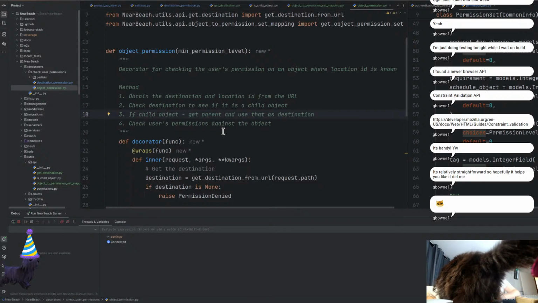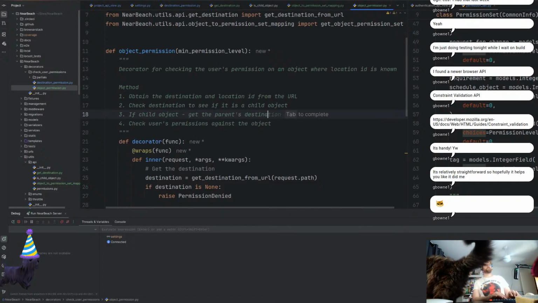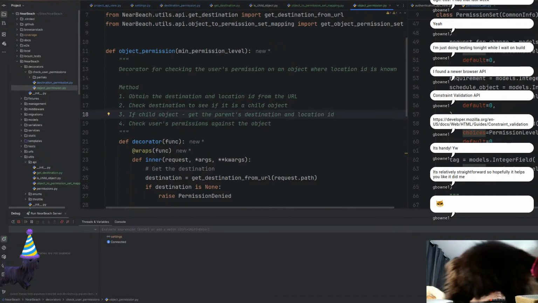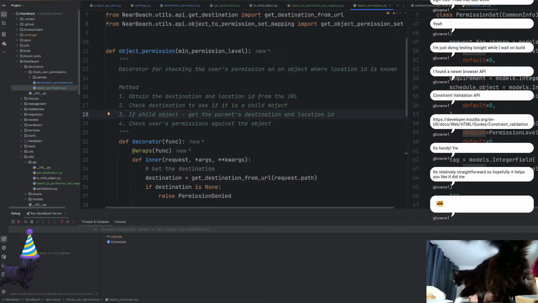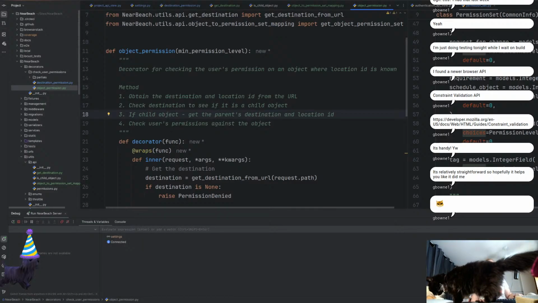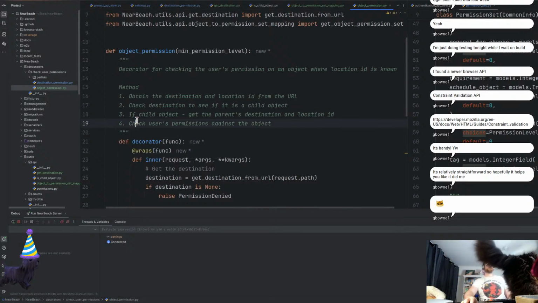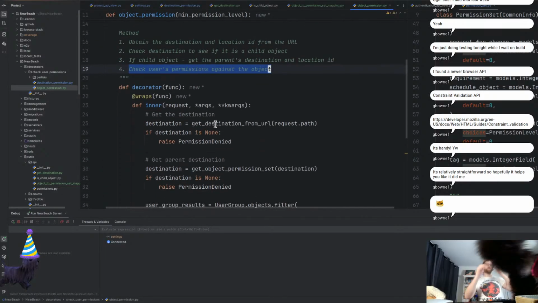All right, so if child object, what we need to do is get the parent's destination and location ID. That's going to have to be a utility. Not hard for us to do. Not hard at all. Then check the user permissions. All right, cool. So